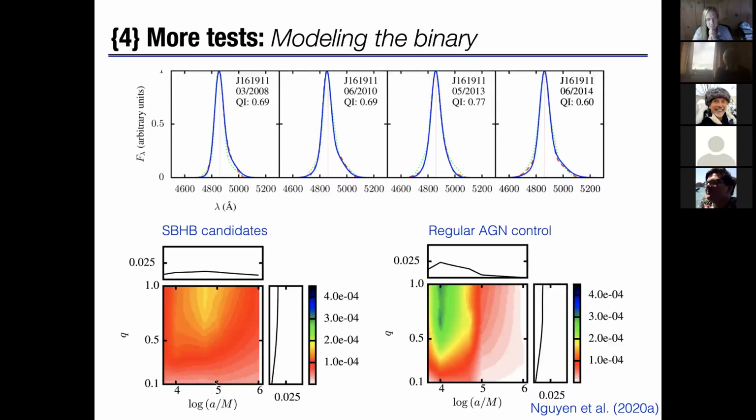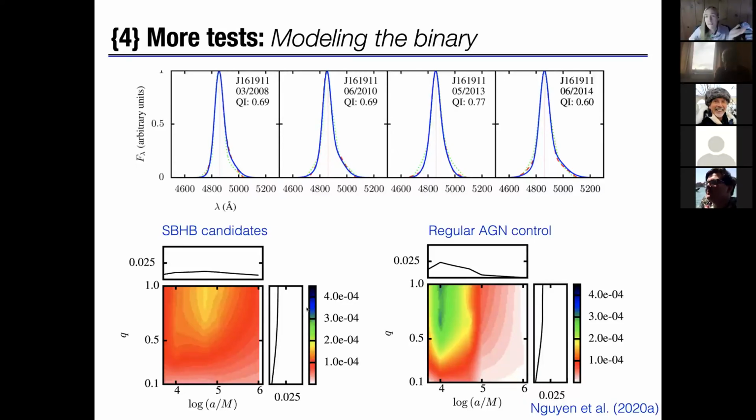The separations are in sort of theorist units, but I usually think of the quasar broad line region, the outer extent of it, as being like 10 to the 3, 10 to the 4 in these units. And so this is basically consistent with the picture that I've been telling you about this whole time, which is that you have room to have a quasar broad line region in this binary. Okay, that's fine, but